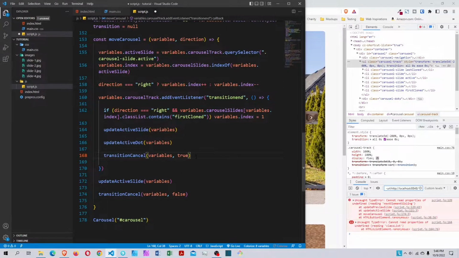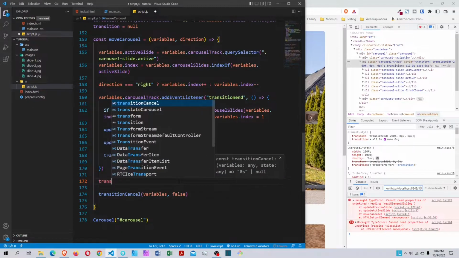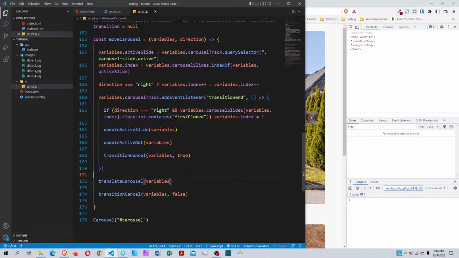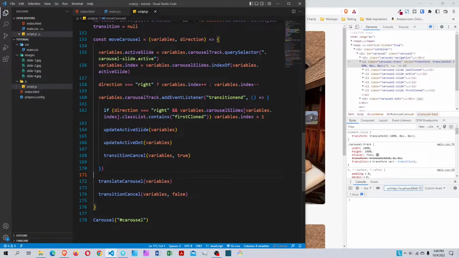And it's simple: I'm calling this again, so you're removing the class all over again. Once I did it here, it will remove it all over, and then remove it all over here again. So we don't need it in two places. So right here, we just want translate carousel. That's all we need right here. We just want to slide it. We don't want to add and remove anything because we're doing it right here. So now,